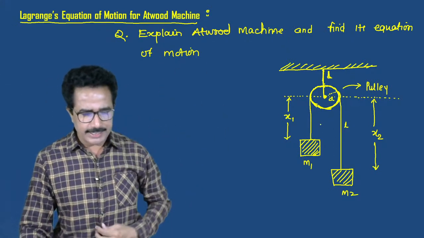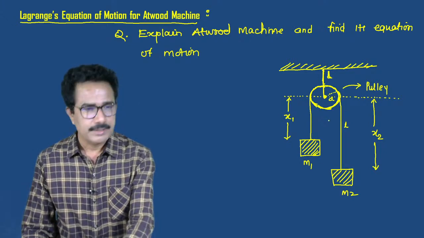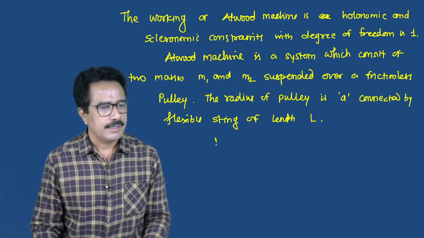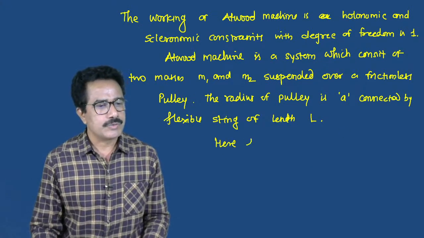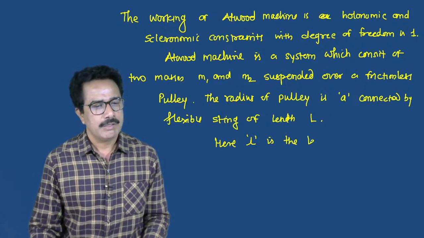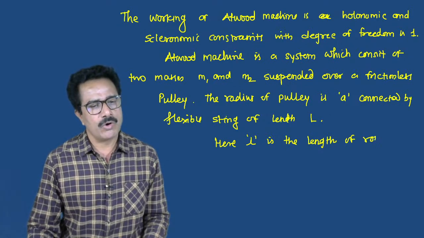Here L is the length of the rope. Here small l is the length of rope for which the masses or particles M1 and M2